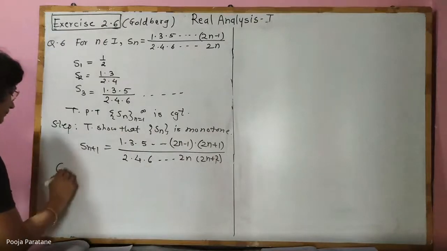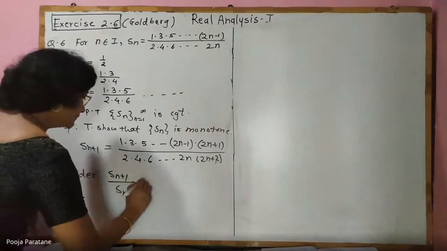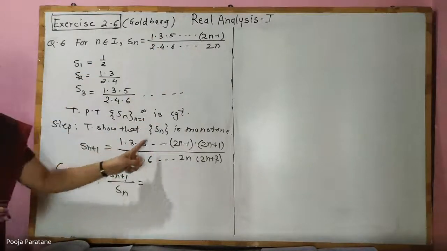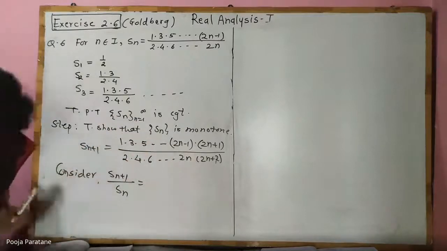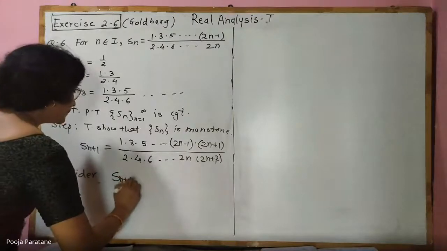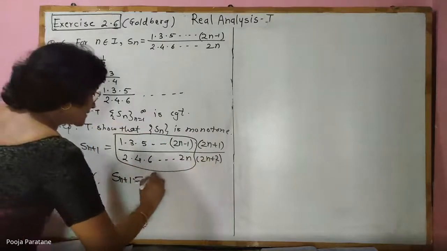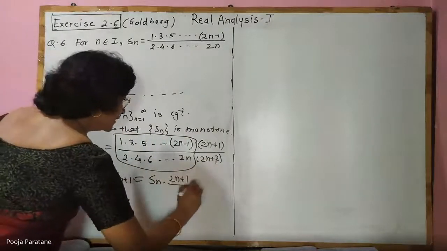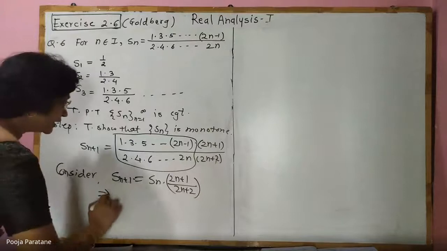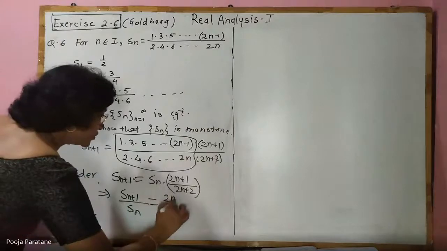So consider Sn plus 1 upon Sn. By observation we can say that Sn plus 1 contains the full term of Sn. That is, Sn plus 1 can be written in this form. Let me write it first and then you will get it. Sn plus 1: this whole term here is Sn. So this is Sn into 2n plus 1 upon 2n plus 2. Therefore, directly from this, we can write Sn plus 1 upon Sn is 2n plus 1